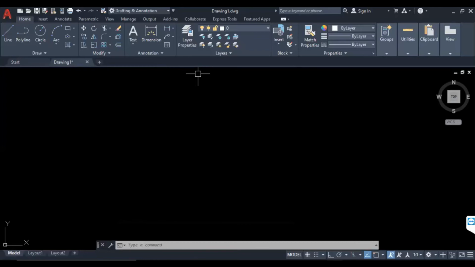As I am telling you, the absolute polar coordinate system is always with the reference of the UCS icon, how much direction and magnitude we want to move. It's like a live example I will give you. First, suppose you want to launch a missile, anywhere in the world. You must know the coordinates. Once you know the coordinates, you set the coordinates. By using that navigation, it will hit the target.